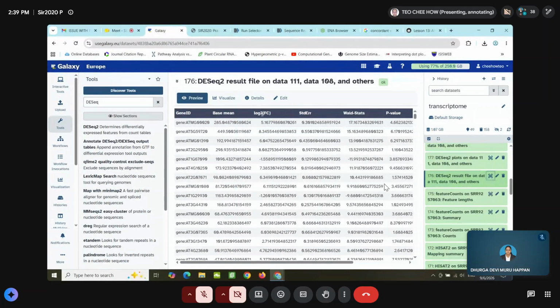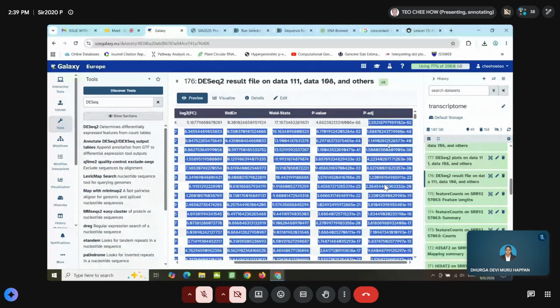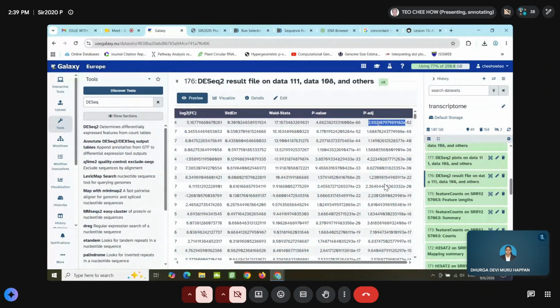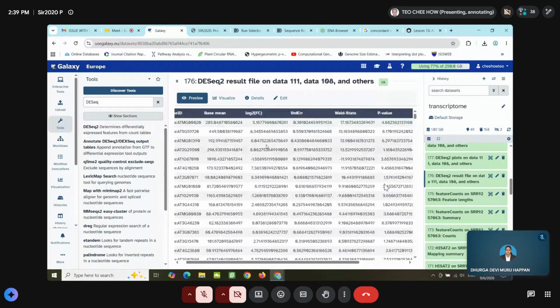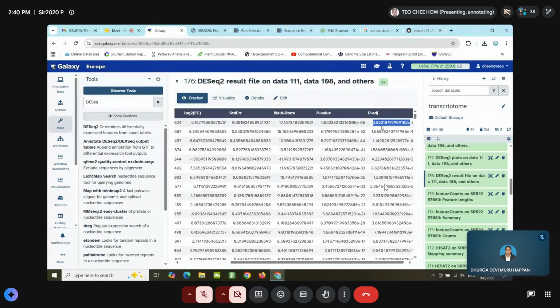Log FC is an important one because this tells us whether the gene is upregulated or downregulated. And then you also have the P adjust value. And this one tells us whether your log FC value is significant or non-significant. So for log FC, right, we usually choose 1. Log FC must be more than 1 or less than -1. Only then is it considered significant, DE, differentially expressed. And the P adjust value must be smaller than 0.05.